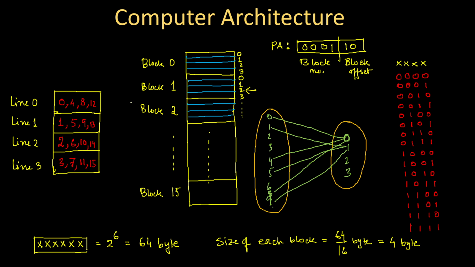What we can do is, if we only compare this 0, 4, 8 and 12 part, you see, this is 0, 1, 2, 3, 4, 5, 6, 7, 8, 9, 10, 11, 12, 13, 14 and 15. So if we compare 0, 4, 8 and 12, that means this one, this one, this one and this one, we have something common in all these 4 cases: I have 2 zeros in the right hand side.